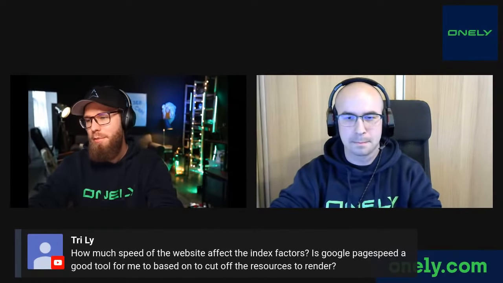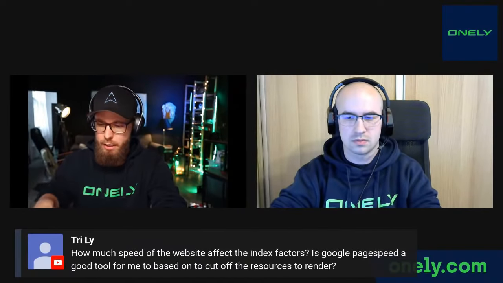So the beef we're having with the PageSpeed tool is that it doesn't show you the actual speed. It shows you points, so it doesn't show you how the critical rendering path is going or what the CPU cost or processing cost around that URL is. If you want to diagnose whether your URL is going to be rendered properly, I would go into Chrome Developer Tools. We have a video about that, a walkthrough I recorded last week. Ziemek, maybe you could paste that in the chat.